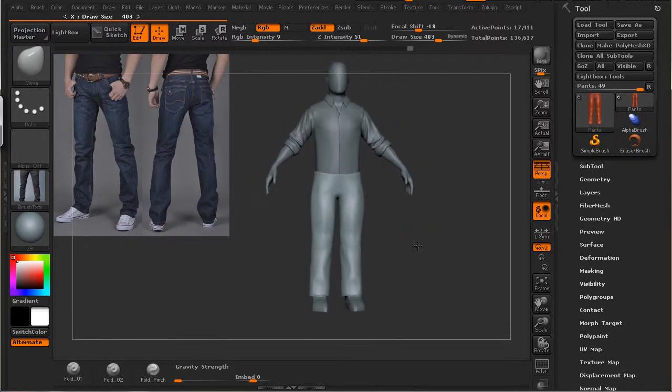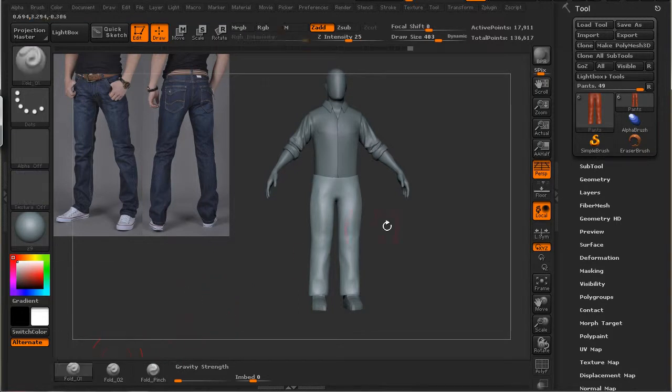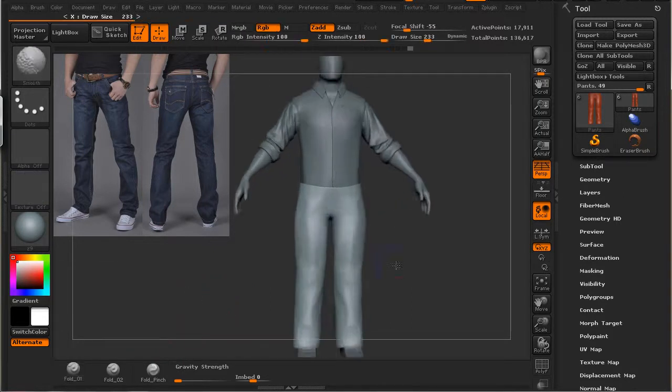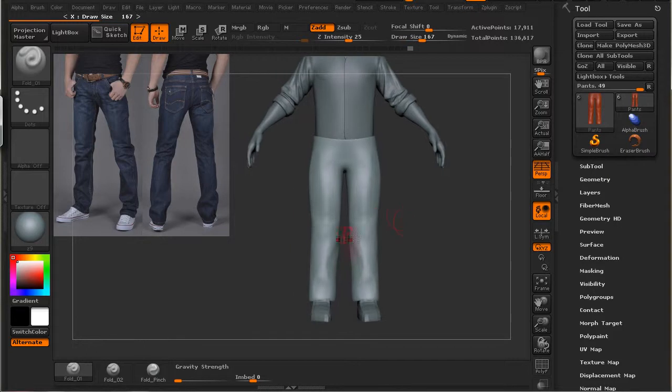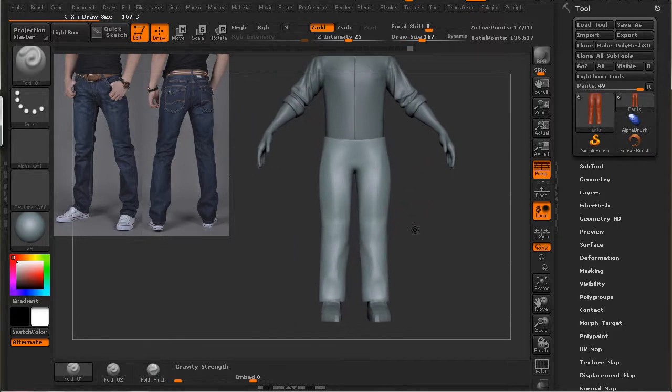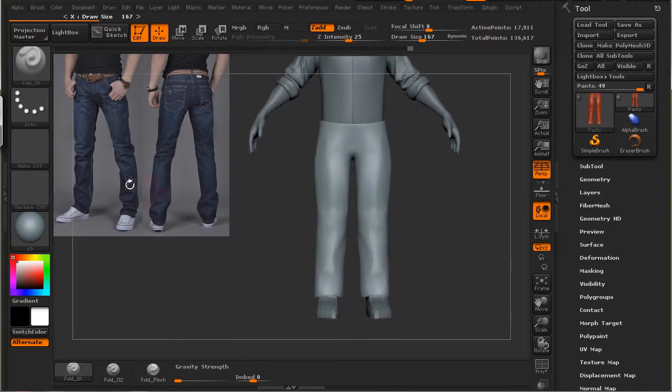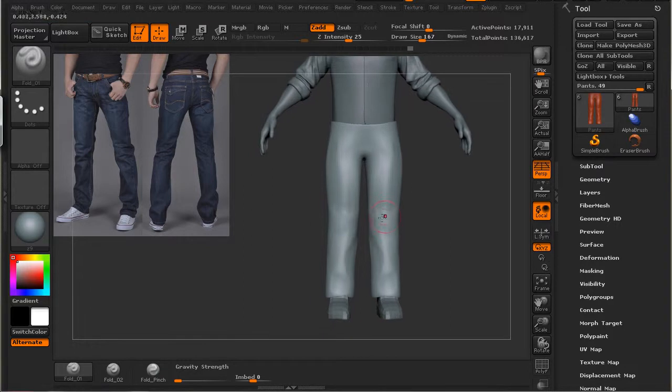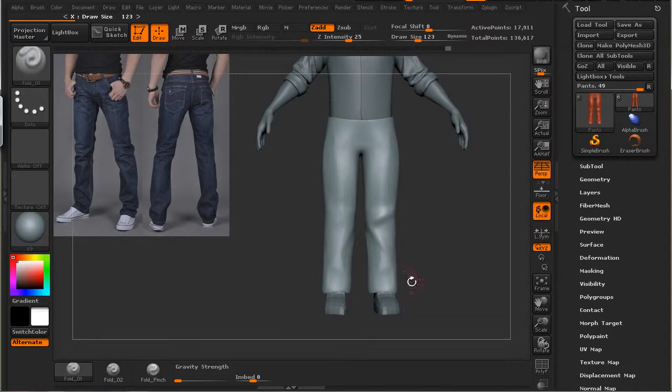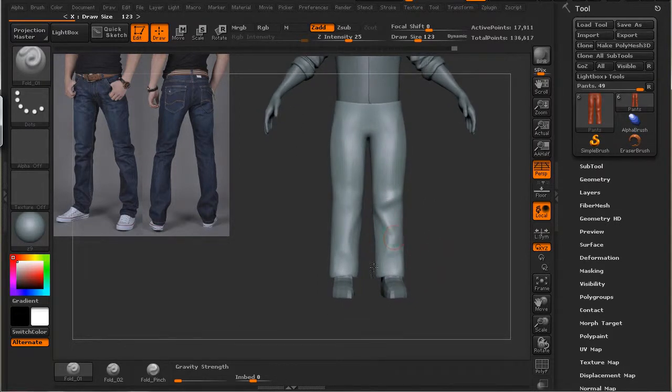And then I'm going to go to my Fold-O-One brush, and I'm just going to start blocking these out. I'm going to turn off X symmetry using my X hotkey, and I'm going to look at right here in the knee. There's compression and there's a long Z fold. So I'm just going to try to recreate that. Just going to maybe make my brush a little smaller. Just bring that down, and then down here, and then